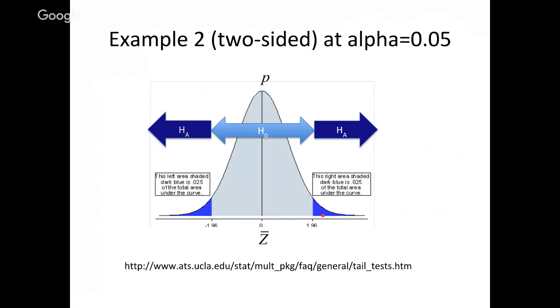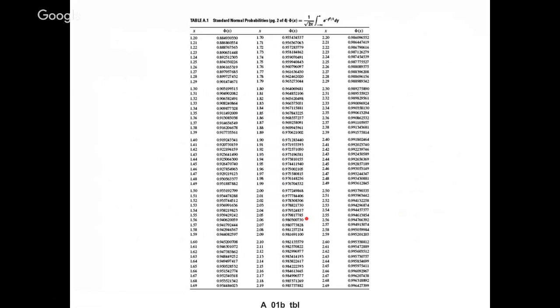And that means we need to find the corresponding critical statistic value for those two regions. And you can see, obviously, it's 1.96. Where does that number come from? Well, in the case where